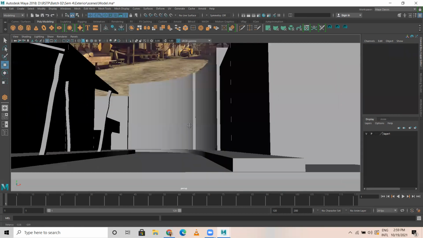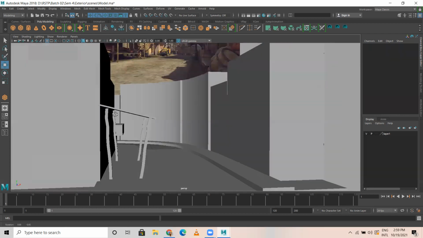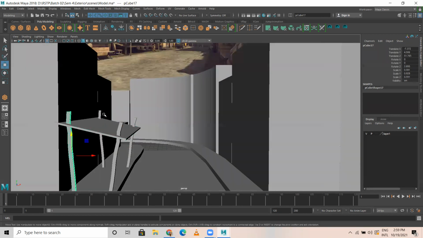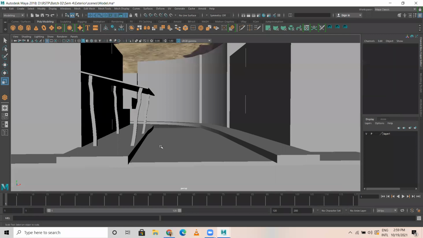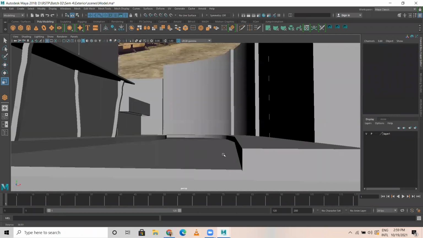It's like this. I can make this thing here as well. While doing this, make sure you're not selecting other objects as well. See, this is how we are getting it.